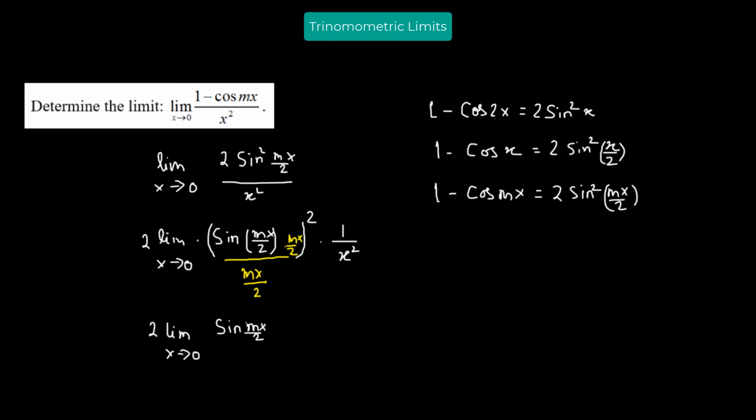such that we have 2 times the limit of x tending to 0 sine mx over 2 divided by mx over 2. Since we have a square, I'm going to write it twice. So we have sine mx over 2 divided by mx over 2 times the mx over 2 whole squared, which simply becomes m squared x squared over 4, and we have the remaining term, which is 1 over x squared. Now x squared and x squared get cancelled. 2 times 2 is 4, so we are left with